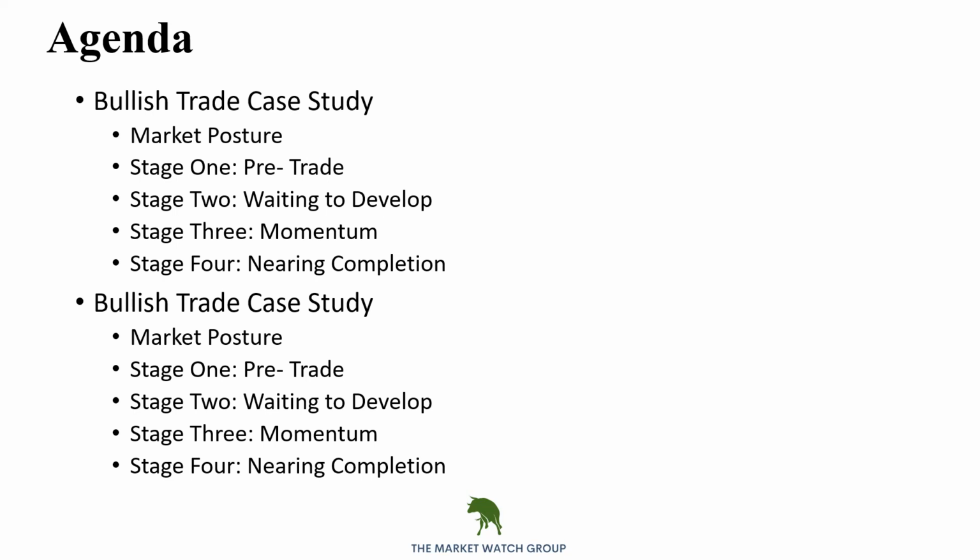We're going to look at, after receiving a trigger, whether it was an anticipatory signal or a confirmed signal. When we get the trigger, then we are in the next stage, and we will look at the momentum stage. What are we looking for? What charts can we use? And we're going to look at nearing completion. We're going to talk about what would be the thought processes along the way.